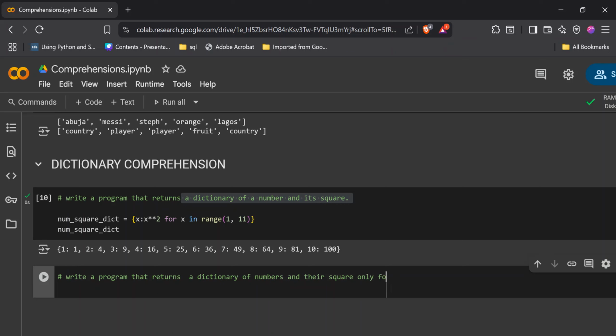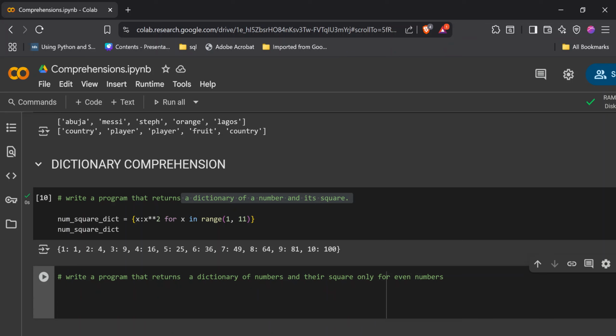So we say only for even numbers. And if you already guessed it, we can say even_square_dict, and we can go x star star 2, star star means square, for x in range